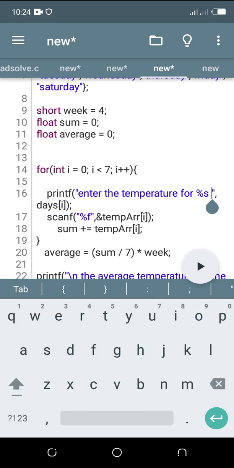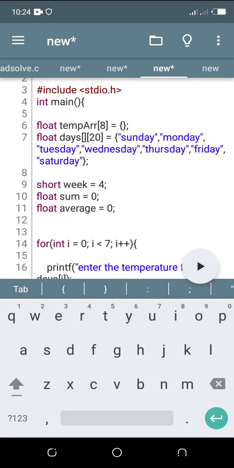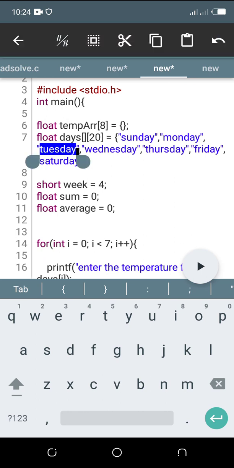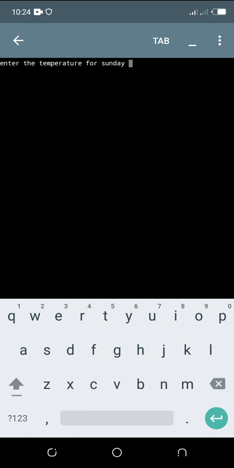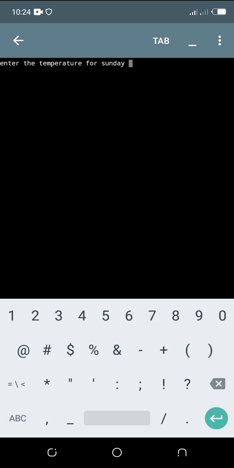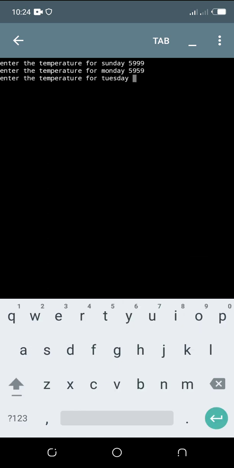Okay, everything looks good. Looks perfect. Let's see. We get an error. What is the error here? We are saying float. This should not be float. This should be char. So let's go again. Yeah, now we fixed that. So enter the temperature for Sunday and say 50, blah blah. This Monday, this Tuesday,